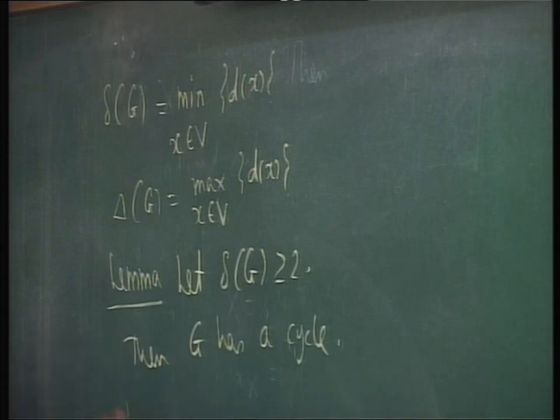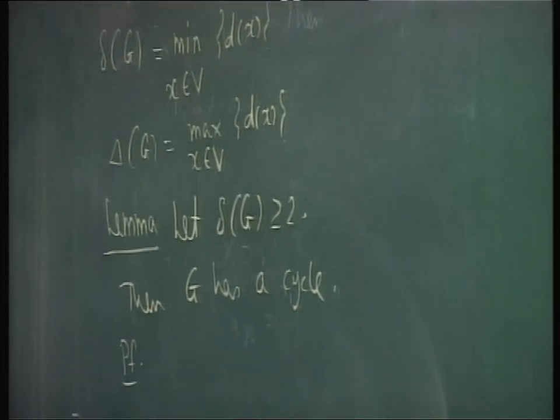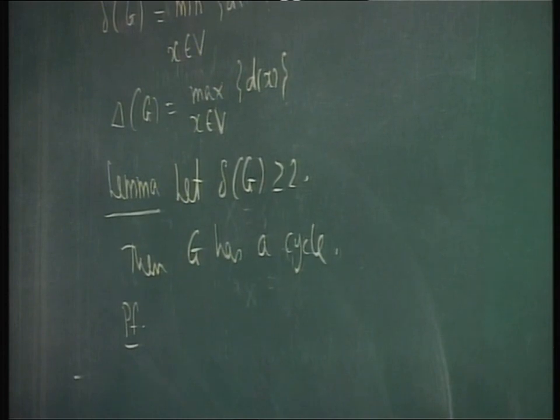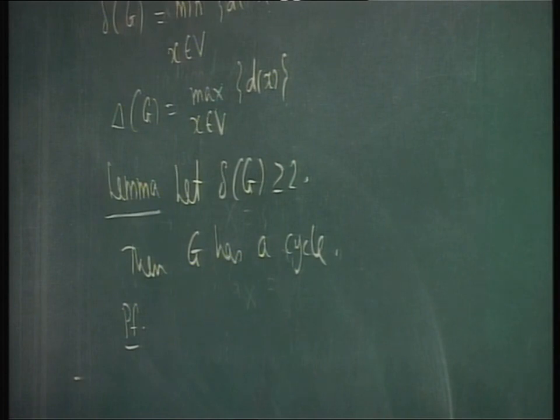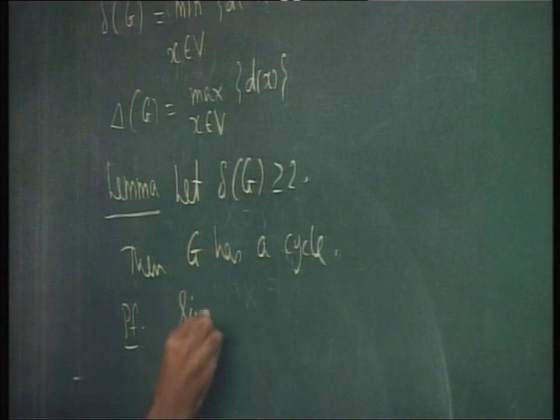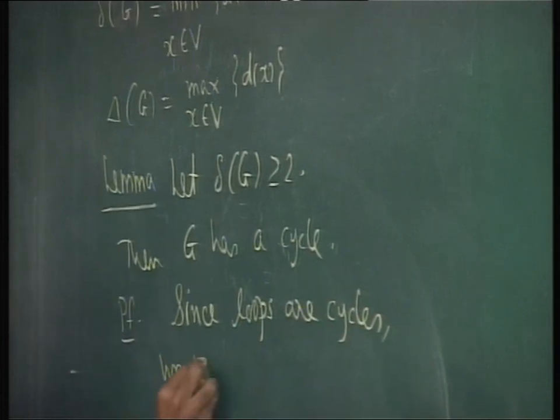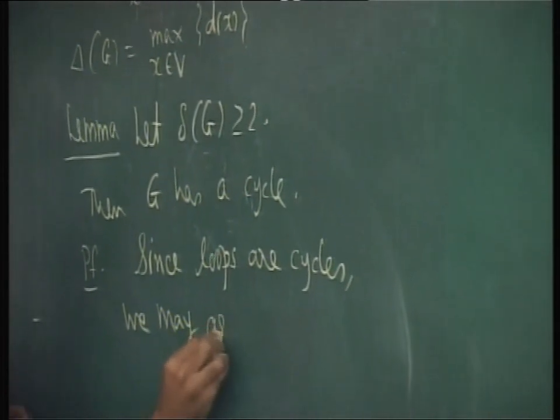Proof. If there is a loop, then there is a cycle. I mean, loops are cycles by definition. By definition, a loop is a cycle. Since loops are cycles, we may assume that